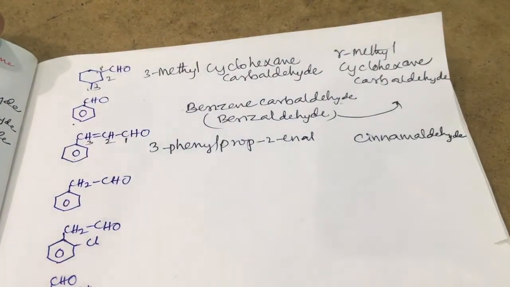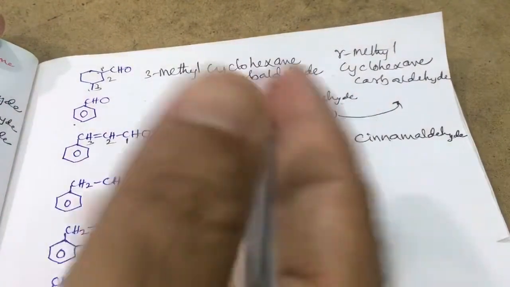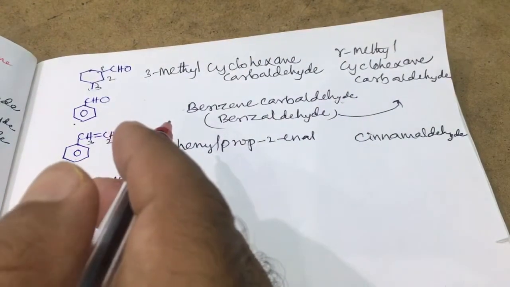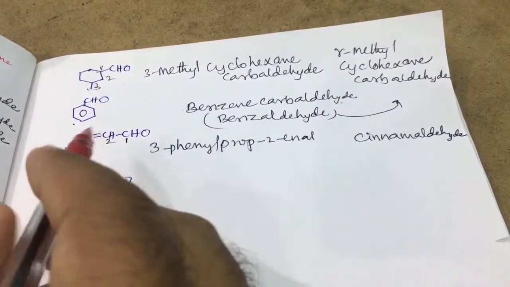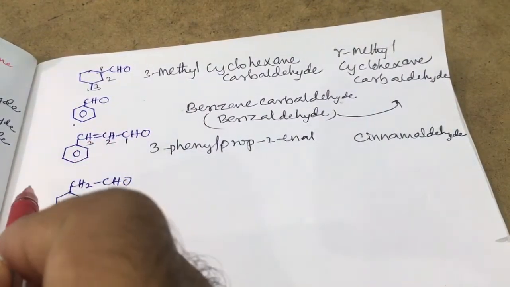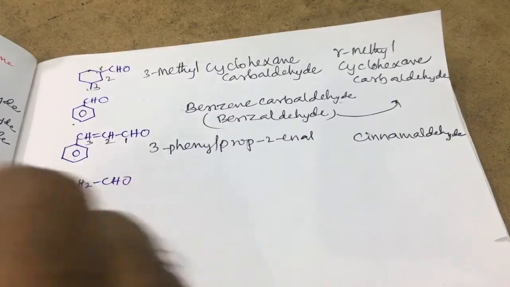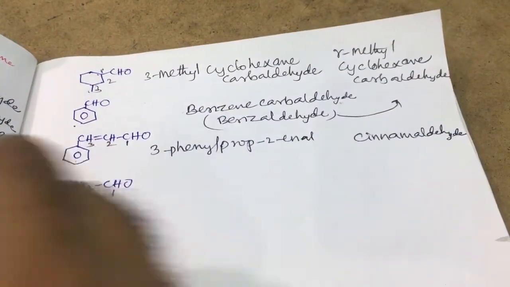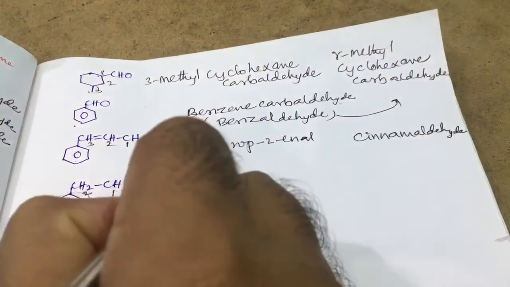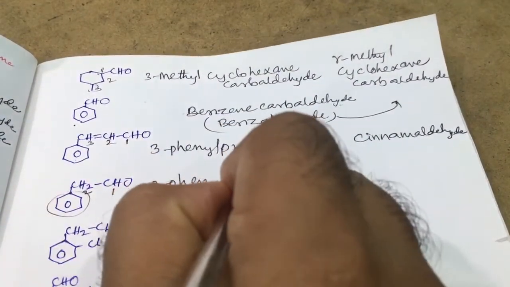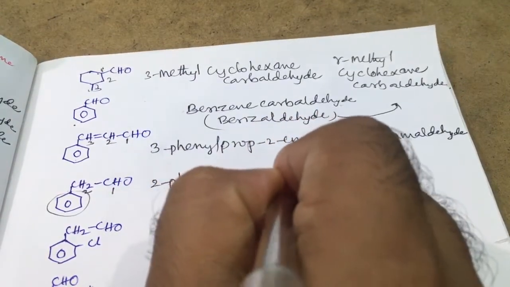This also comes in the aldol condensation, because when benzaldehyde and acetaldehyde combine, this is also formed as the aldol condensation product. So this is one of the important ones. Next, this is the functional group, first carbon, and at the second position a phenyl is there, so it is called 2-phenyl. 2 carbons are there, ethane, remove E, add Al.